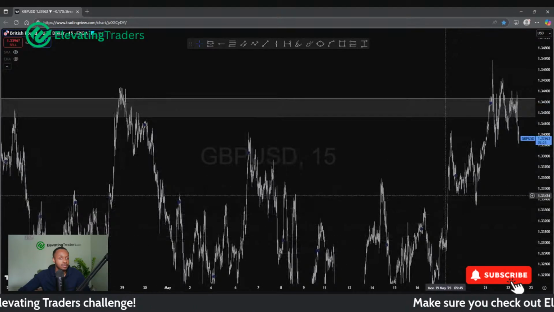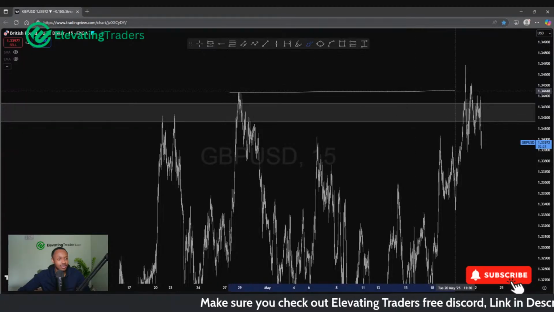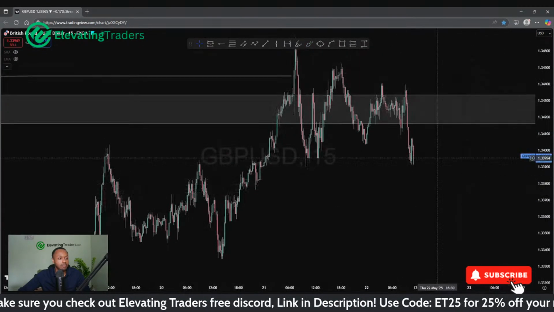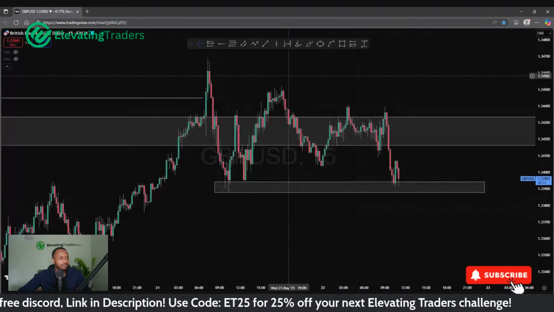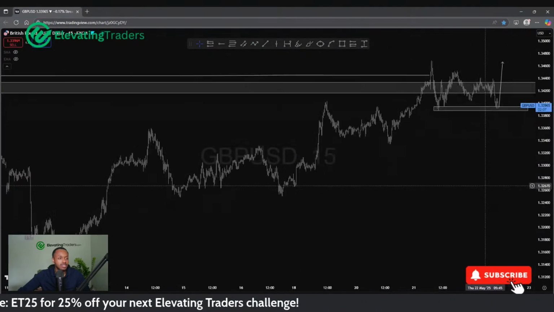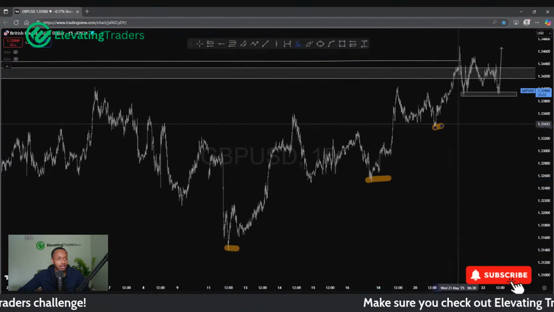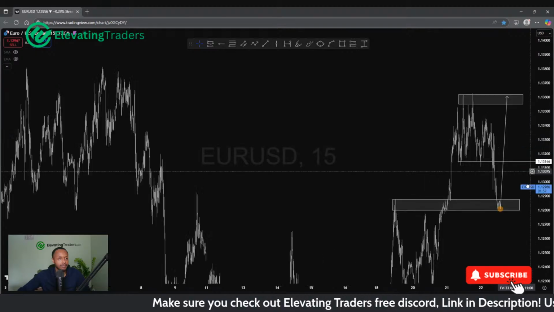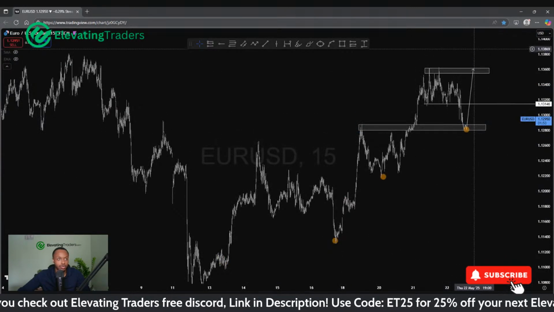In terms of the 15-minute Pound Yen, as I said, we just cleared the highs there. Not the best place to be looking to do business, to be honest. There might be some buys on a double bottom here for another push back up again. Basically just continuing that market structure, similar to Euro in terms of consistent higher lows. We're looking for the fourth one. If I quickly shift over to Euro, it's the same idea pretty much here with those higher lows, looking for the fourth one for the continuation.